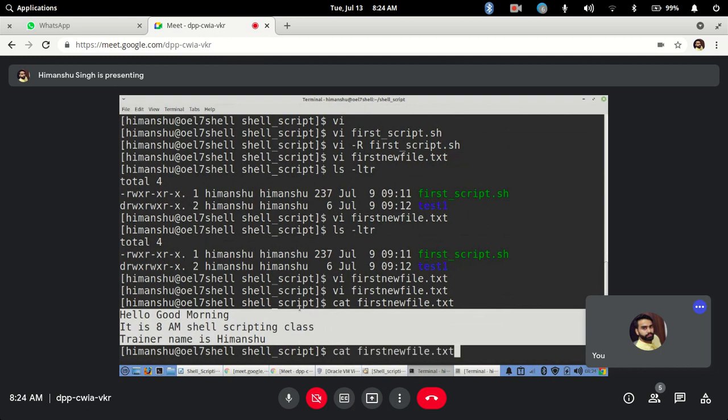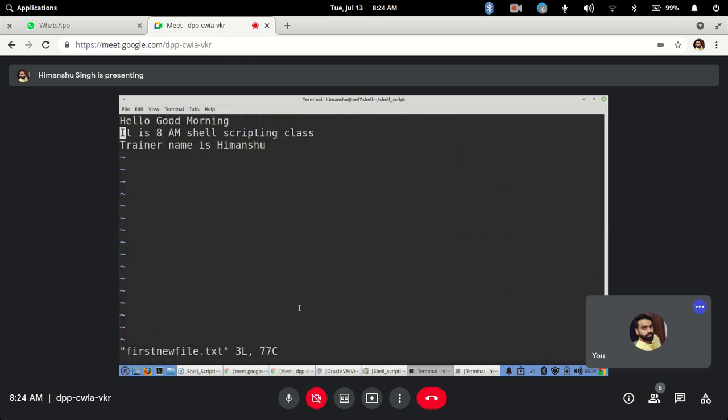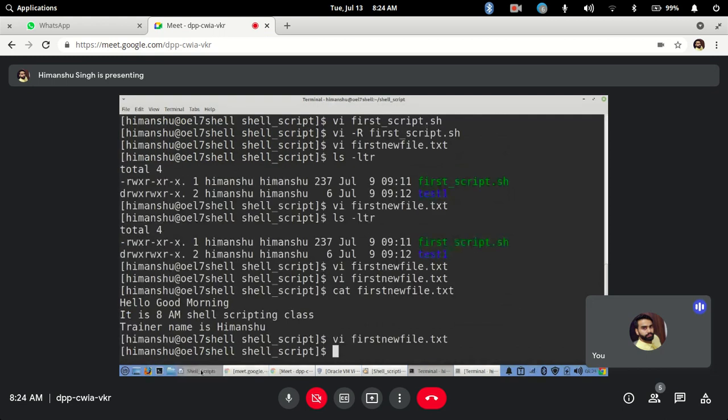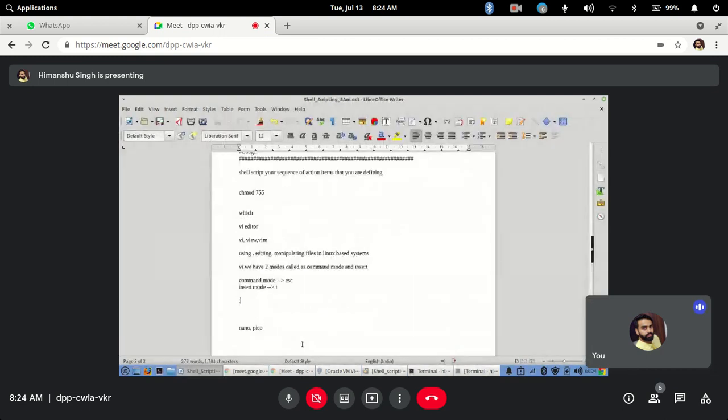Now let's say I want to insert something more. Then what you can do is go back to command mode and press ZZ, capital. That will also do. Earlier I did colon WQ for save and exit.